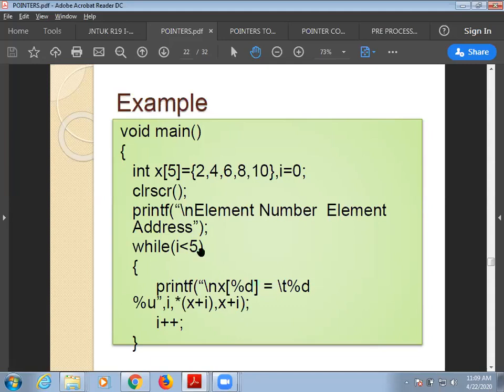So this program will print the 0th memory location, which will contain 2 with a particular address 1000. The 1st memory location will contain 4 with some particular memory address, that is 1002. Second memory location with a value 6 with 1004, like that.